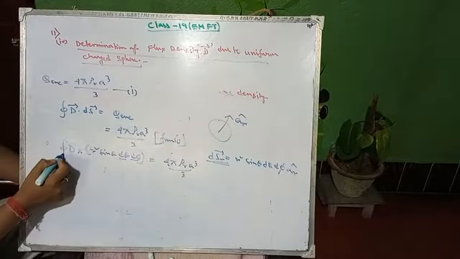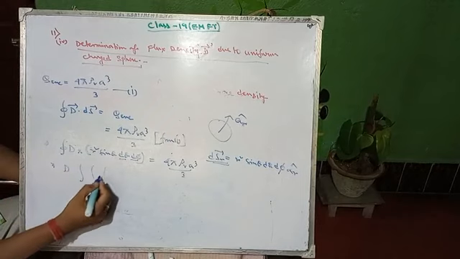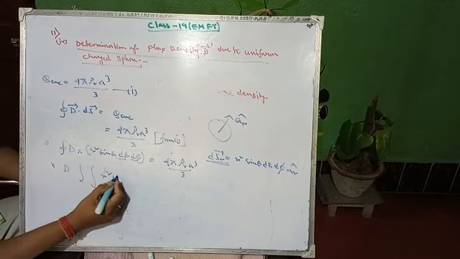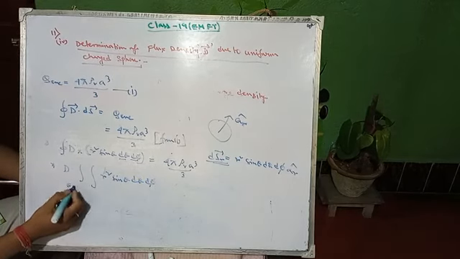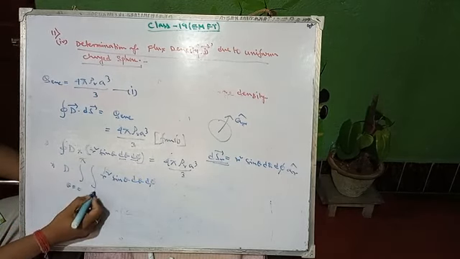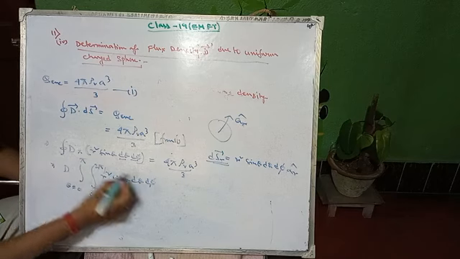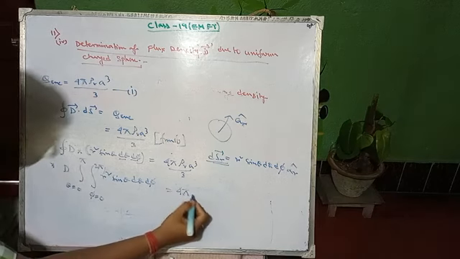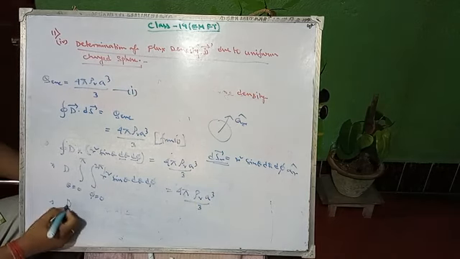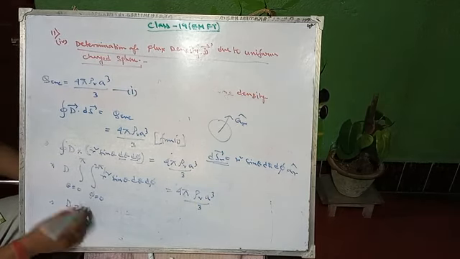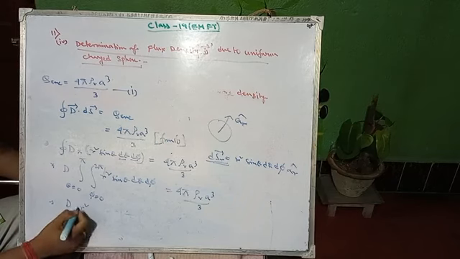Now here two differential parameters are there. That's why this closed integration becomes a double integration having magnitude r square sine theta d theta d phi, and the limit will be theta equals 0 to pi and phi equals 0 to 2 pi. Under this limit we have 4 pi rho V a cube by 3. So D equals what? D equals, after integration. First perform the integration.